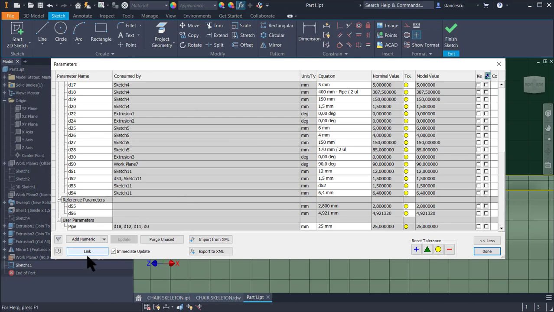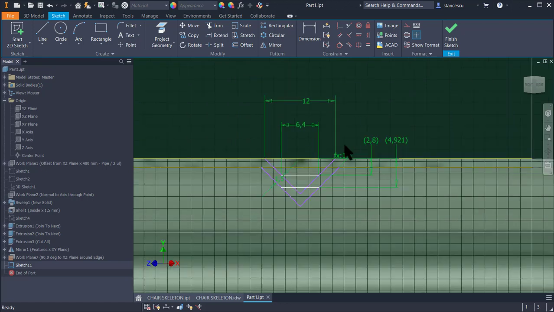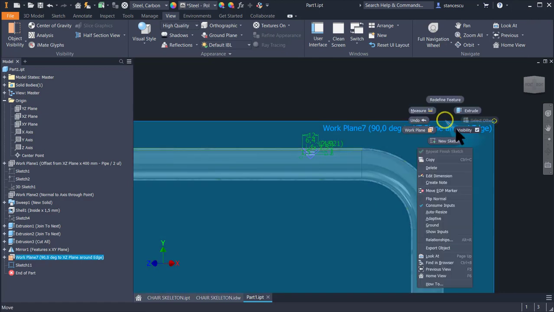You see these two reference parameters, and I give them names. Upper is the upper one, and bottom is the bottom one. We'll use these two parameters, and we can forget the sketch. Finish sketch, hide the plane,